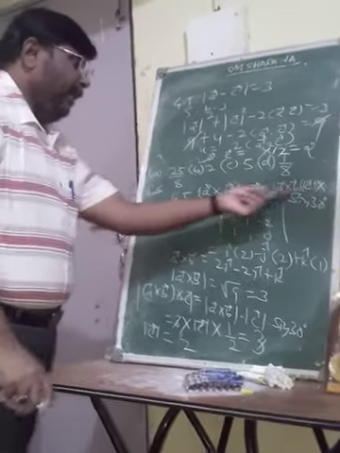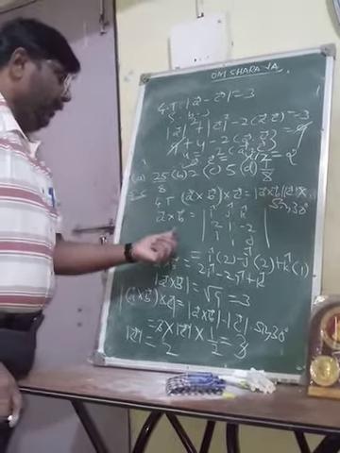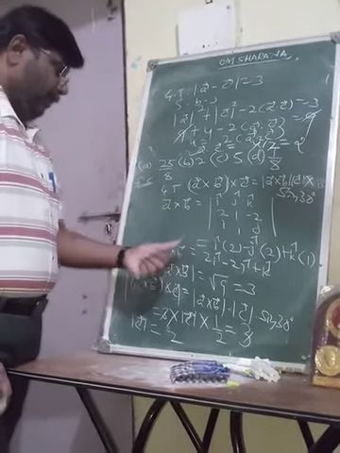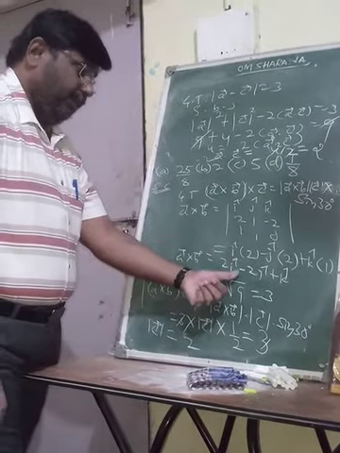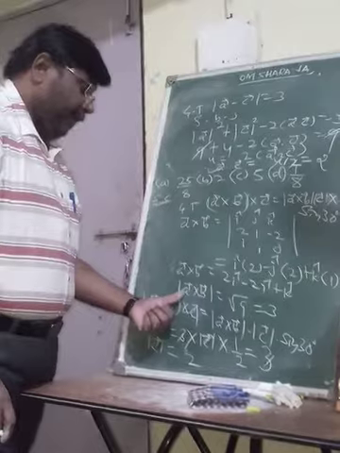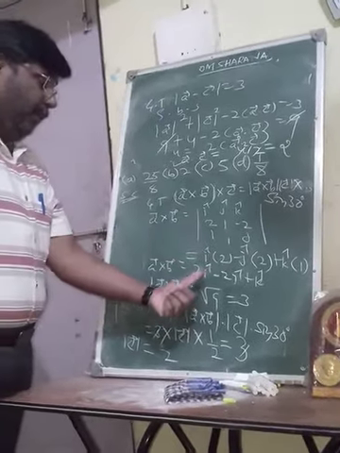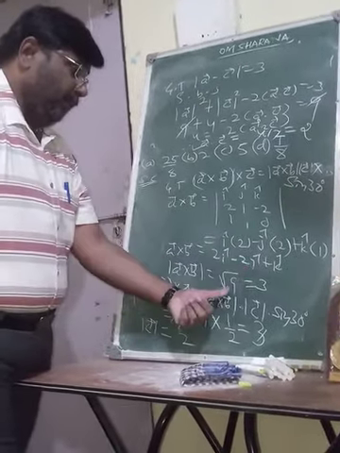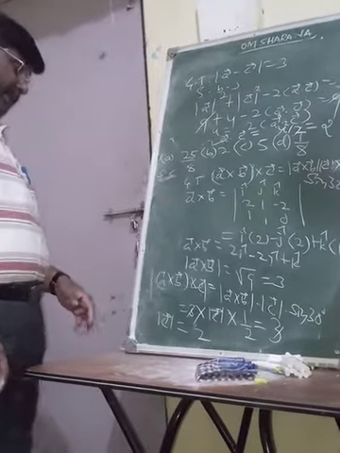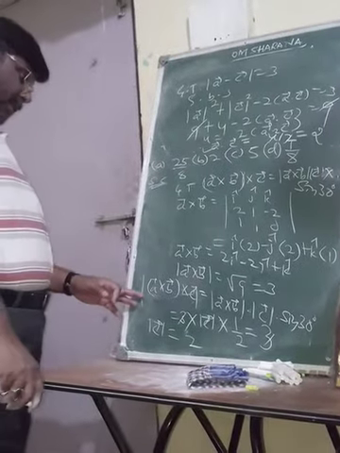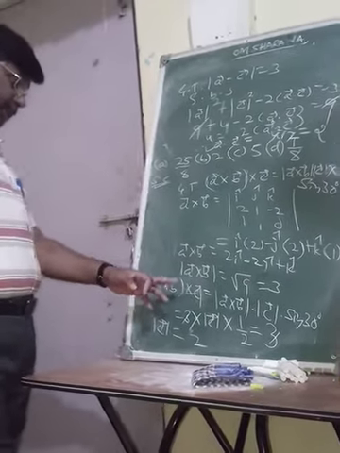First we have to find A cross B, which we don't know. A cross B is this determinant. Now we have simplified the determinant, we got this vector. Magnitude of vector A cross B is square root of 4 plus 1, root 9, which is 3. After that we have to take once again this condition, magnitude of A cross B cross C.